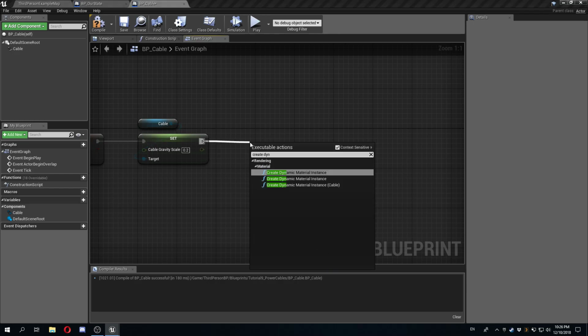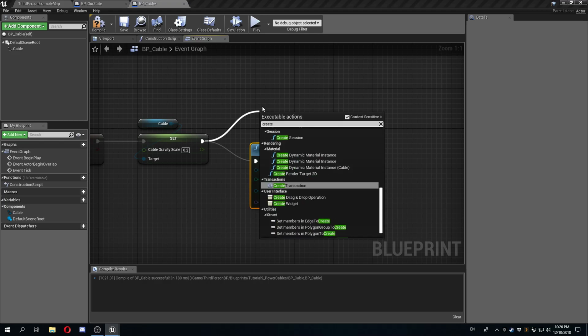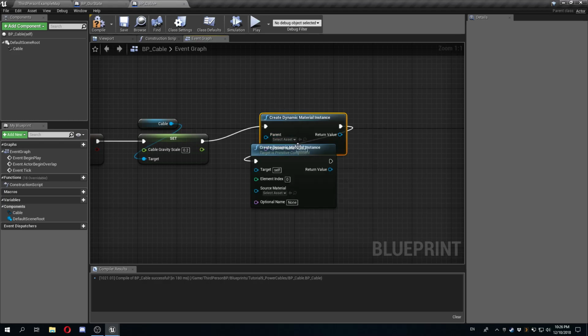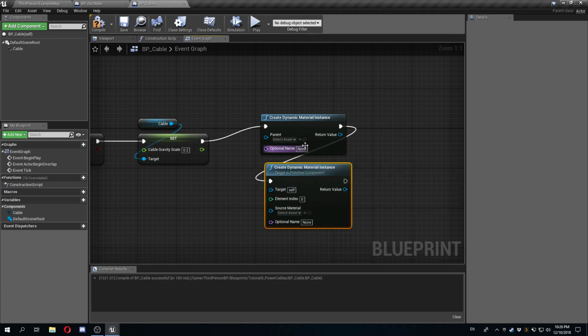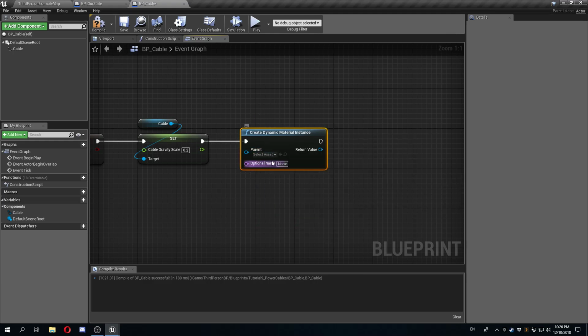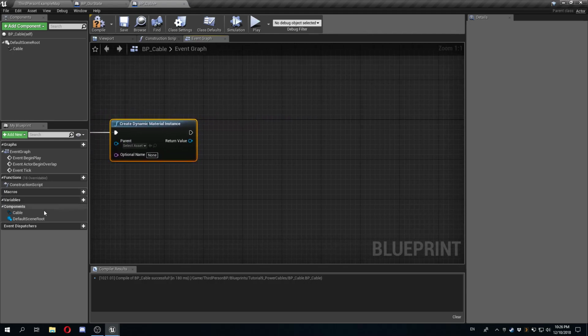Create dynamic material instance, and not this one, I think. Create dynamic material instance. There are 2 functions. Make sure you select the correct one. Actually, here I need to specify a material interface. I don't have one yet for the cable. I will in a second. And then I want to